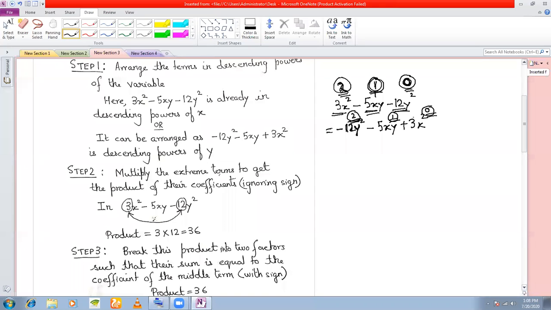You cannot factorize any trinomial in this way. That's the way that I am going to tell you. Only those trinomials in which you have descending powers of x starting from 2 to 0, or descending powers of y starting from 2 to 0, only those trinomials you will be able to factorize in the way that I am going to explain. Is that absolutely clear, or is there anything that needs explanation? Anything that you could not understand? No, sir. I understood. Yes, sir.